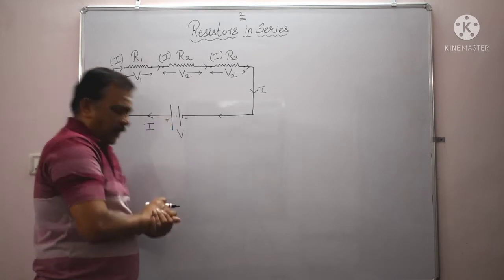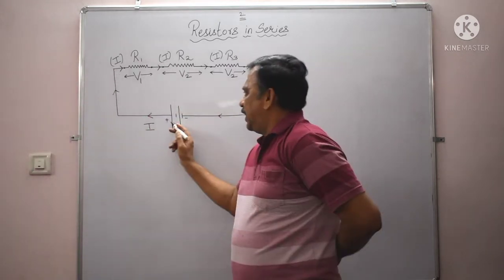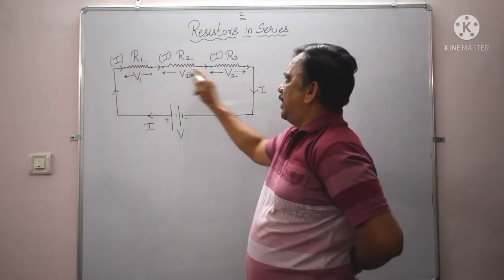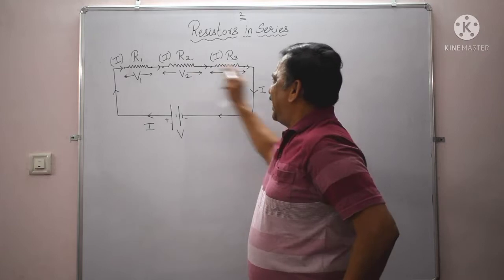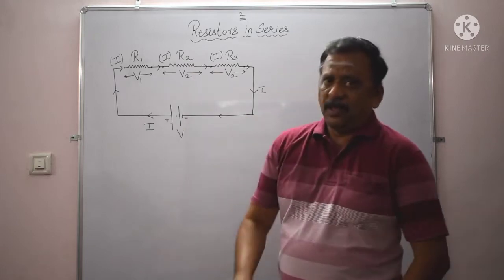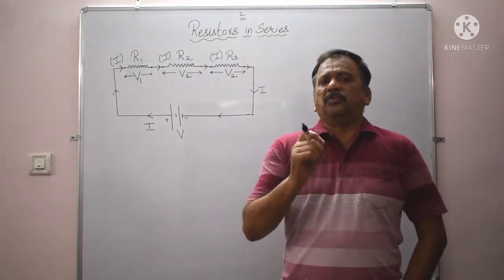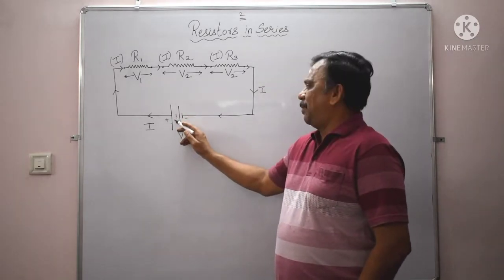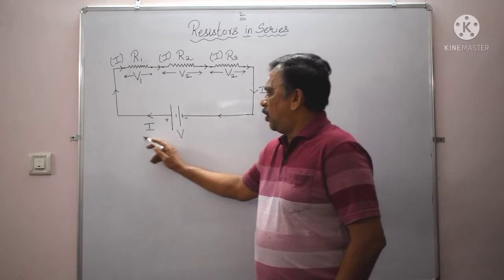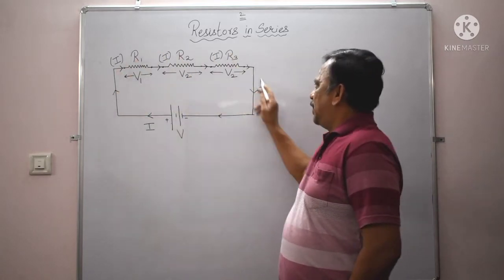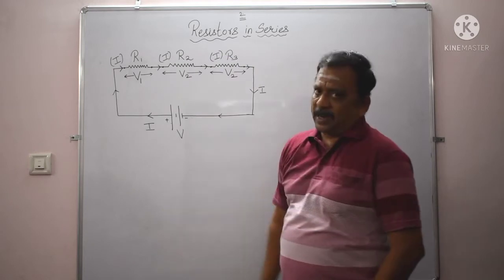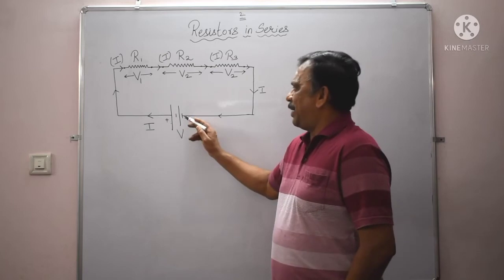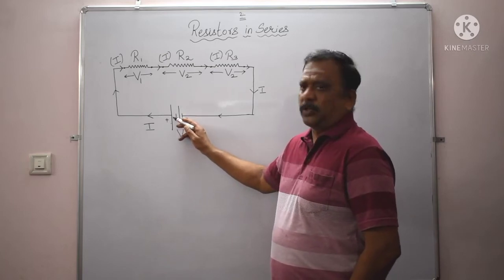And you know the direction of current will always be from the positive terminal of the battery through various circuit components. Here the circuit components are the three resistors which are connected in series, and then towards the negative terminal of the battery. For continuity, the current has to flow inside the battery also. So externally, outside the battery, the current will flow from positive terminal to negative terminal through various circuit components, and for continuity it has to flow inside the battery also. So inside the battery it will flow from negative terminal to positive terminal.